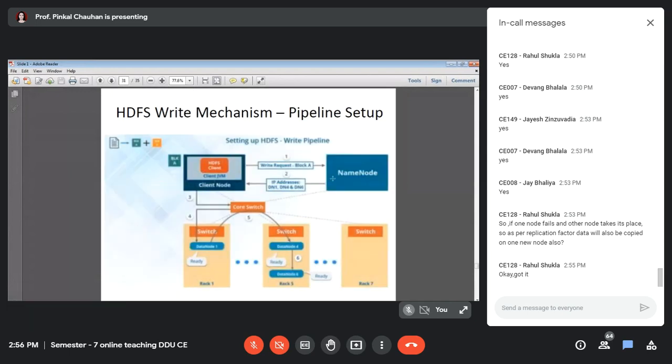So the client talks to name node: hey, I have a block A, please copy it on HDFS. So what does name node contain? Name node contains all the metadata about the entire cluster. So name node checks which nodes are available, and let's say from the metadata it selects data node 1, 4 and 6. Can someone tell me why it has selected these three data nodes even when I just want to copy a single block?